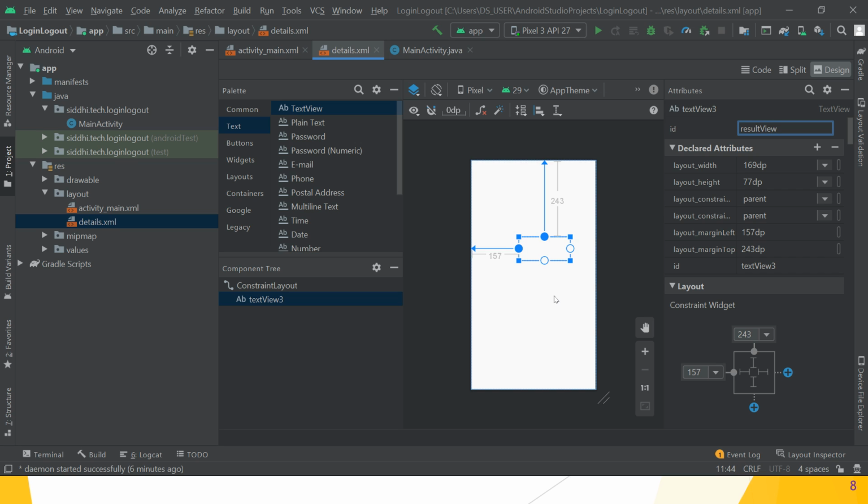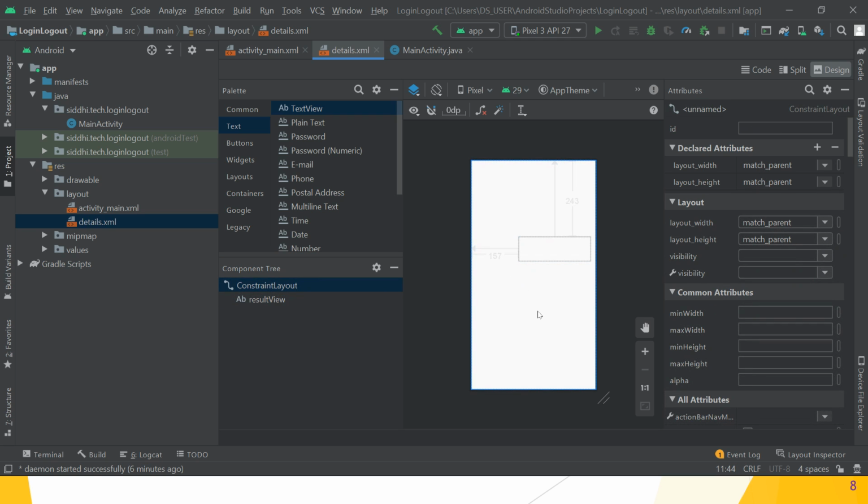Great. So guys, hope you understand. So increase the size. Great. After that, which button do we want? One button, that is logout.